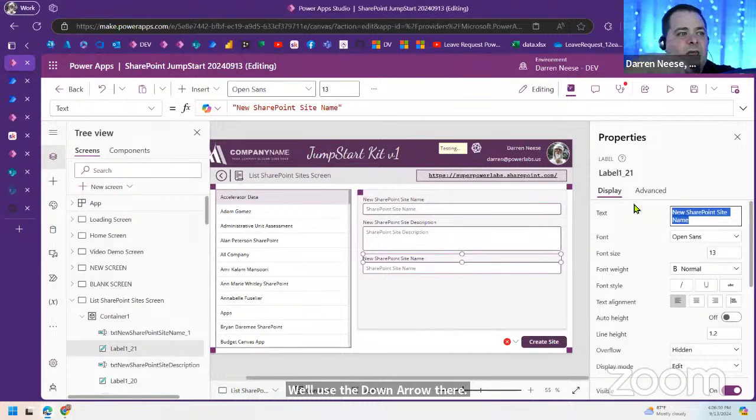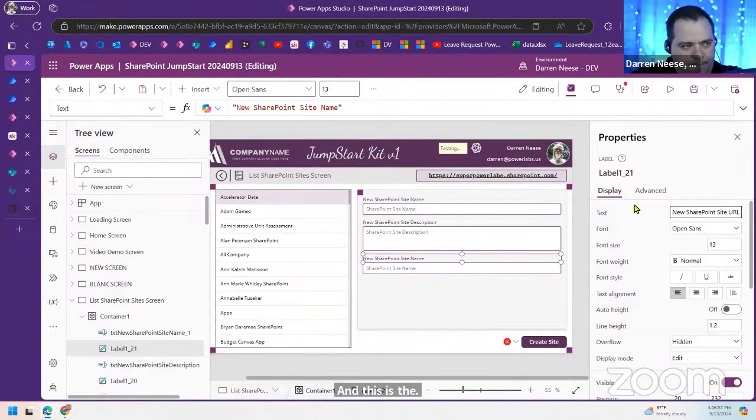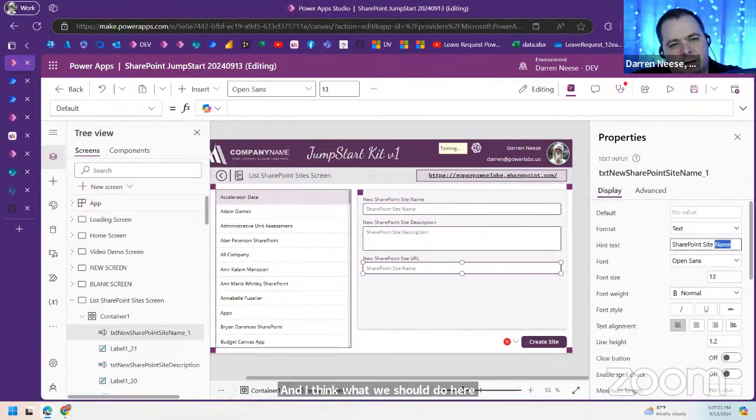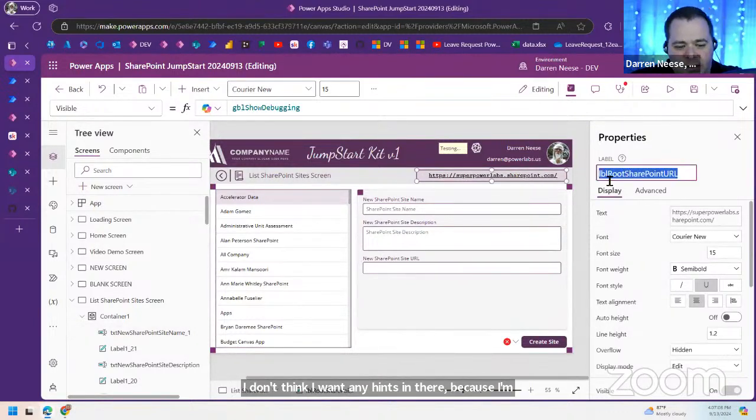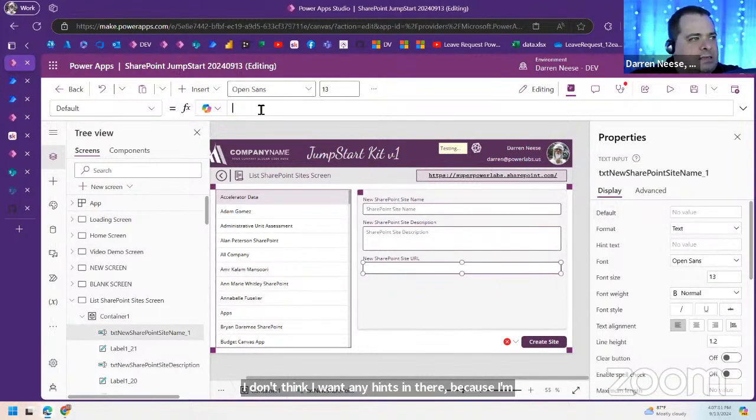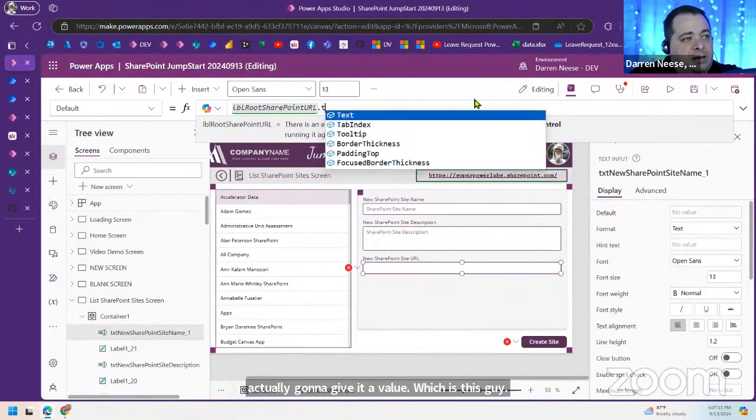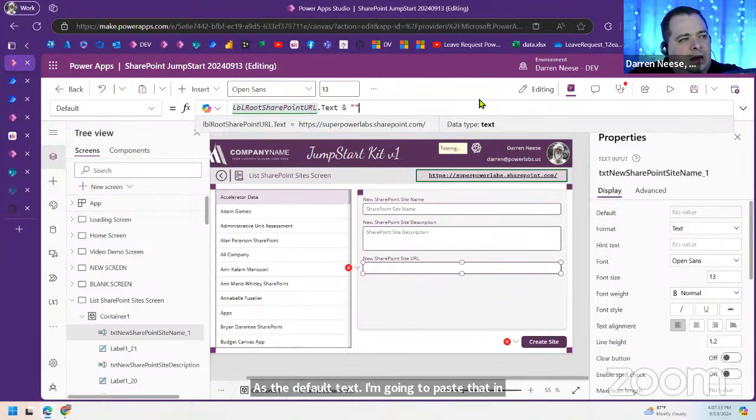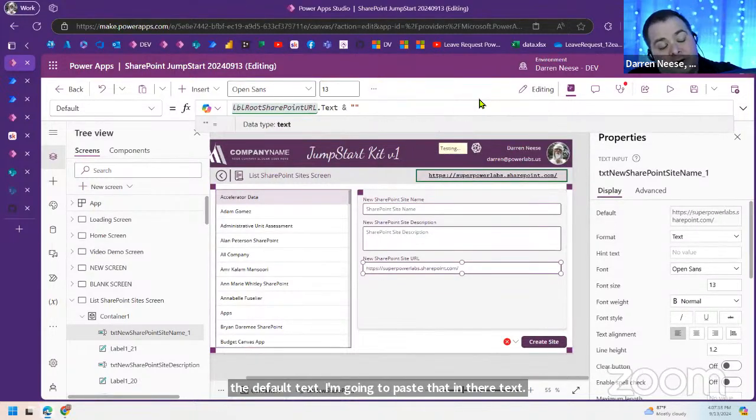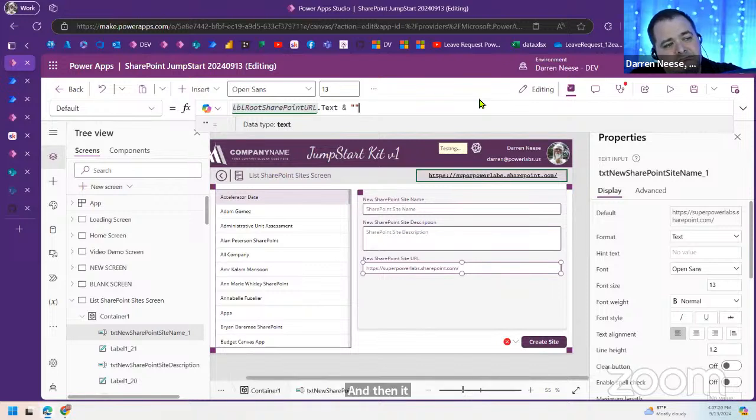And this is the new SharePoint site URL. And I think what we should do here, I don't think I want any hint text in there because I'm actually going to give it a value, which is this guy, as the default text. I'm going to paste that in there, .text. And then it already has a /. I think what I'd like to do,